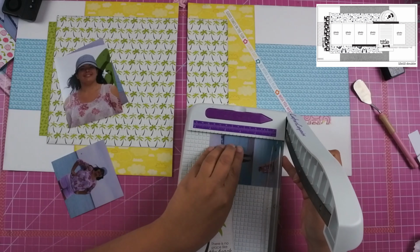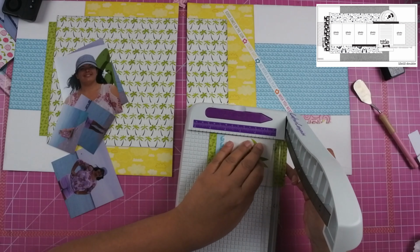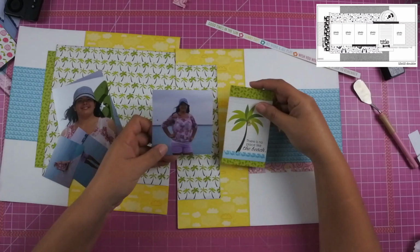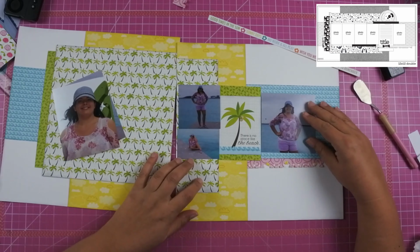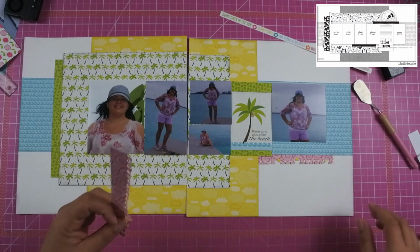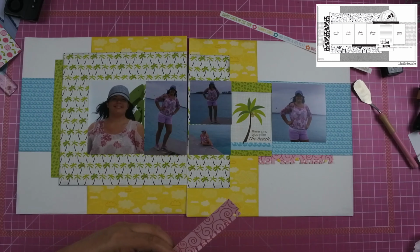All right, so I have been following the sketch pretty closely. I've got the 2 photos on the left-hand side. I've got the 2 smaller photos. This actually calls for a 4x6 photo there, but I had some smaller photos that I could put in there. It calls for a journaling block in the center and then another photo on the far right, but I didn't